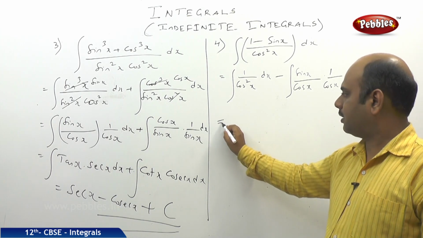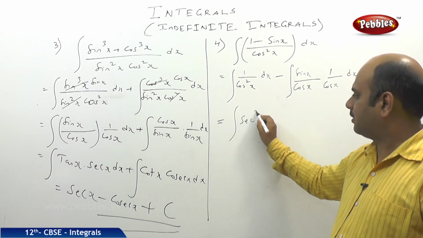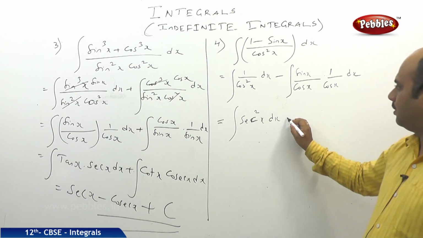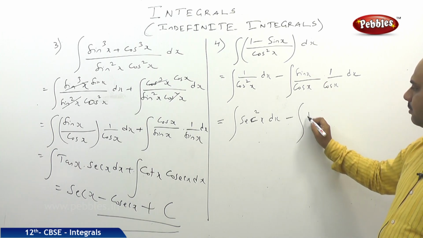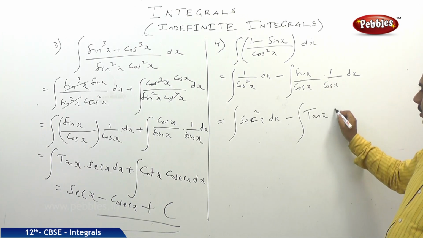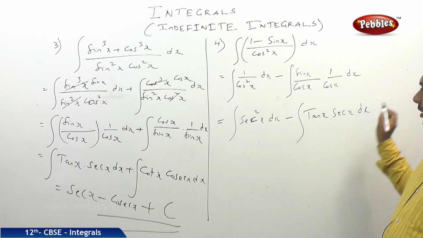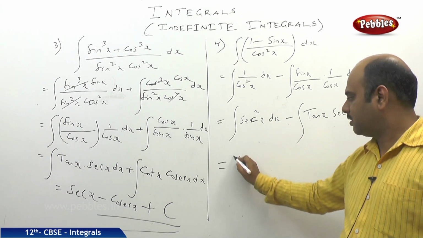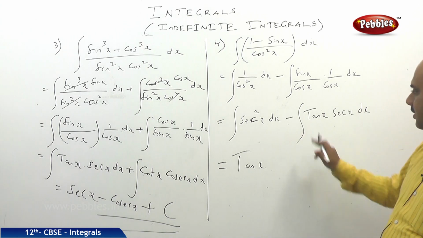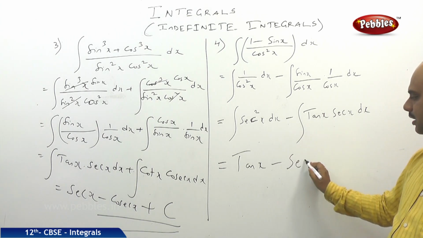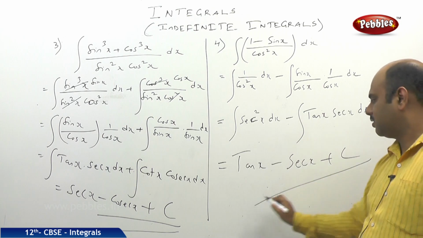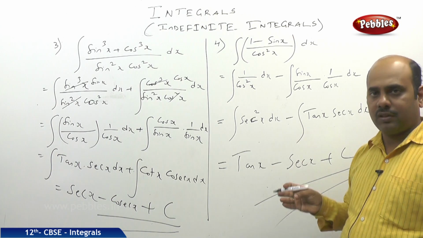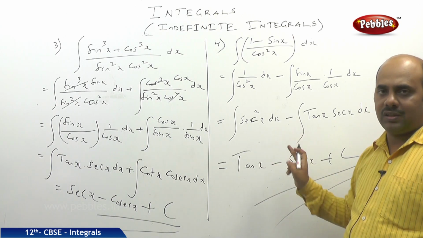If you observe carefully, 1 by cos square x is nothing but secant square x dx, minus, here also sin x by cos x means tan x, and 1 by cos x is nothing but secant x dx. So again our formula is coming, integral of secant square x is nothing but tan x, and integral of tan x secant x is nothing but secant x plus c. So in today's class we learned about application of integral with respect to algebraic function and application of integral in